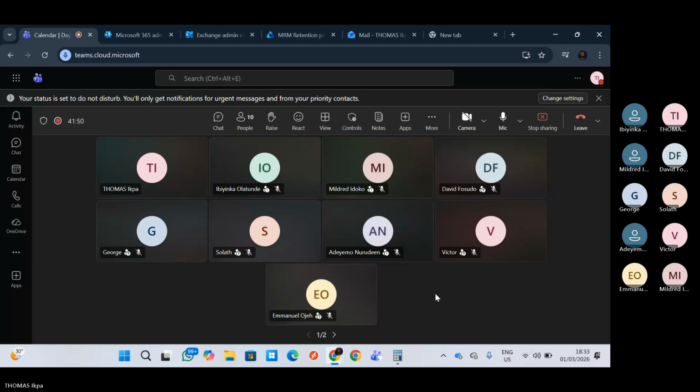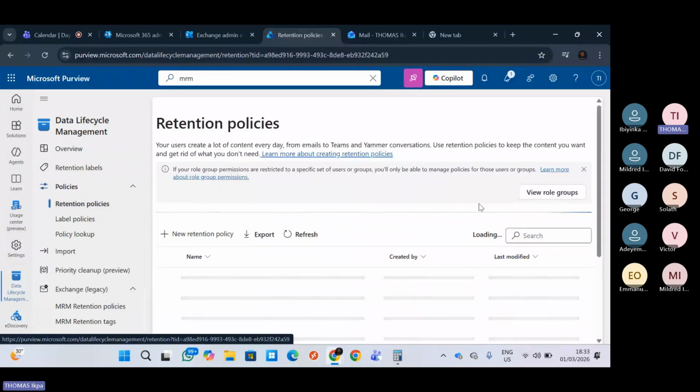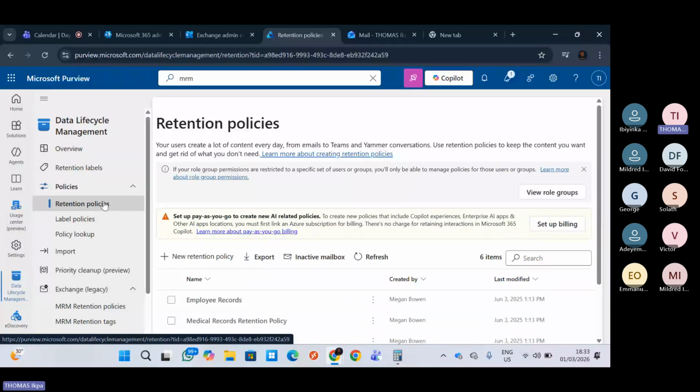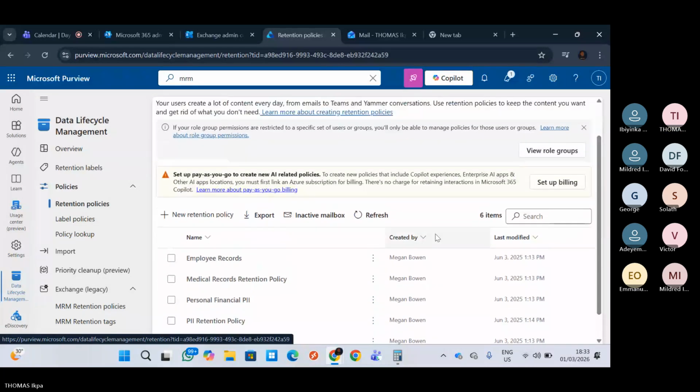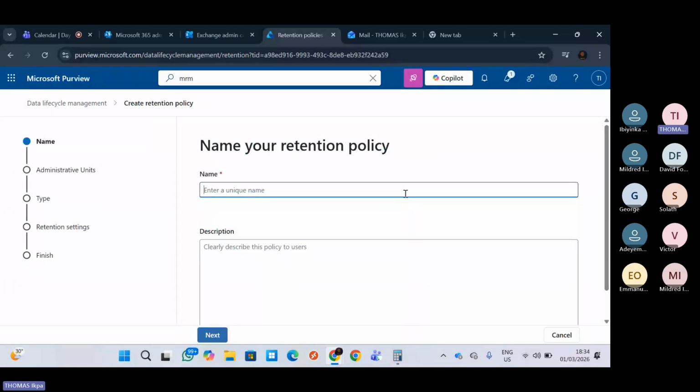All right. So let me show you how. Let's create a retention policy now. To do that, come to policies, then retention. So let's create a new one. Create a new retention policy. Give it a name. So what do you want to give it? Let's say backup of